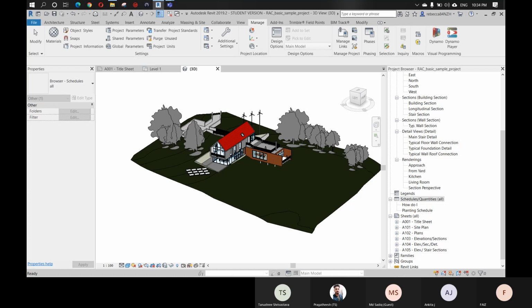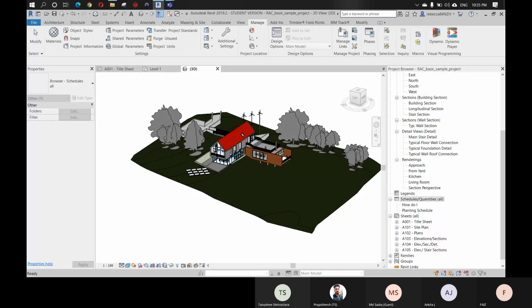Okay, so as I said, some companies do all the services together, from the MEP, architecture, structure, everything. But in most cases, companies will not do that. So the general contractor will be giving the subcontracting works to some subcontractors. In this case, we are doing electrical. So first we'll be modeling as per our design.